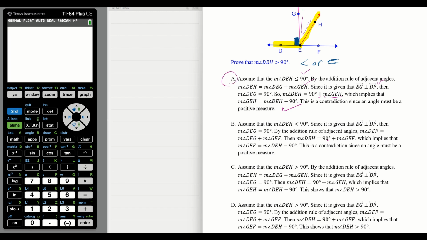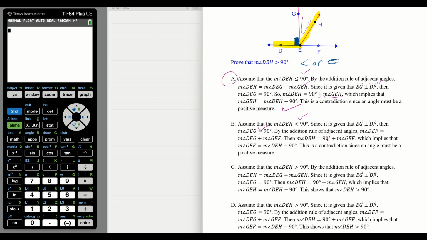So now let's look at some of the other things. And as we go, we're going to point out, and be careful, that some things may be incorrect. Okay. Assume that it is less. I'm not going to say anything on that because that's okay. Since it is given that it's parallel, then that equals, double check the name. Yes, that is true. By the addition rule, then